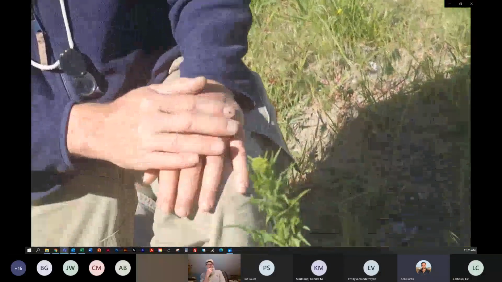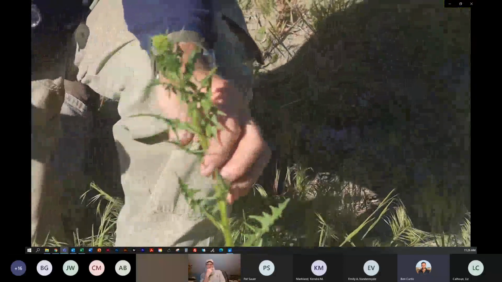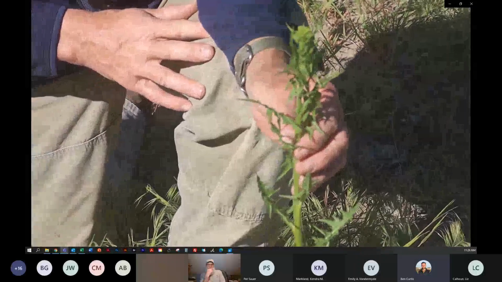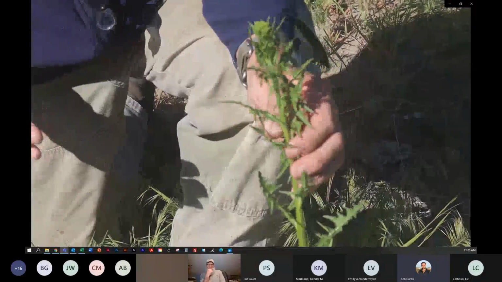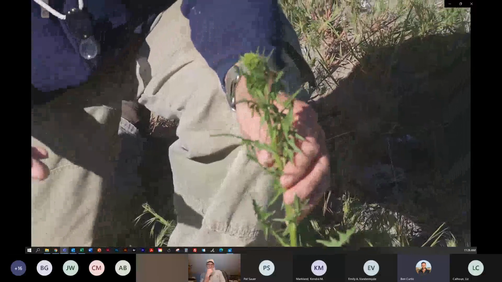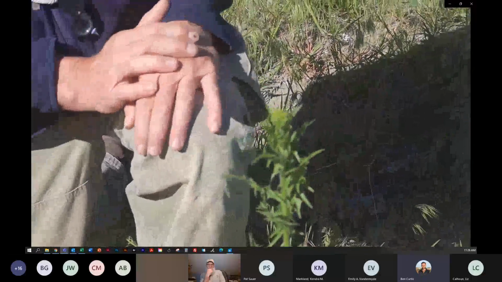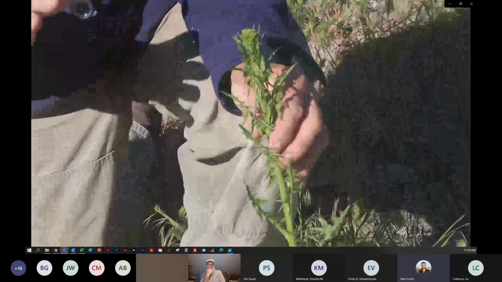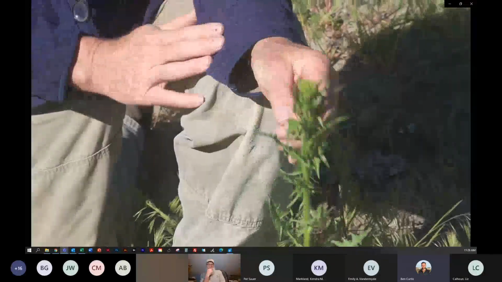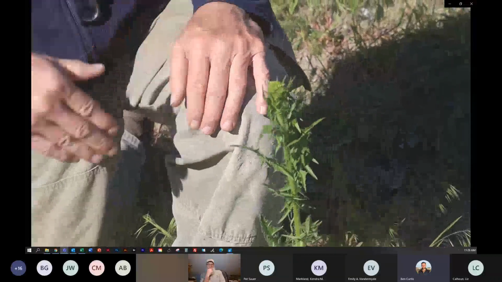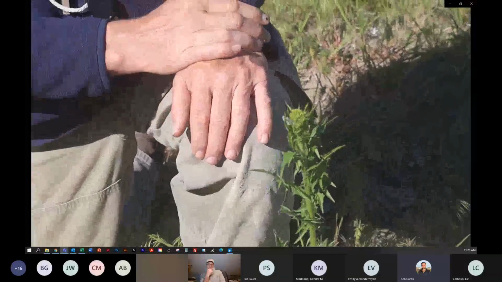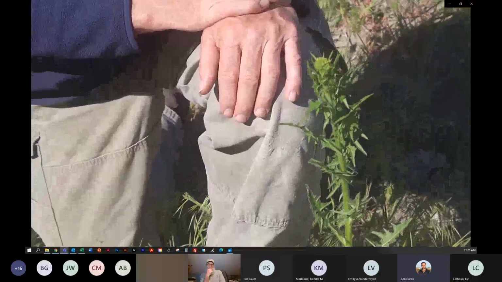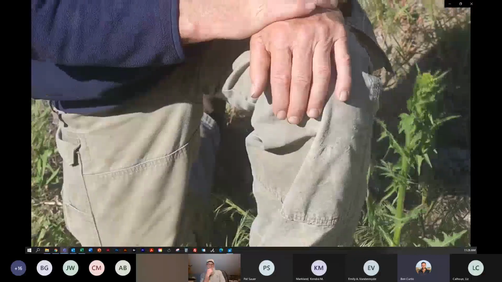So with many of the species that are annuals and biennials, and we'll talk more about this later, and maybe we can cover it more in the webinar, if you're dealing with something that's an annual or a biennial and you're worried about controlling it, a lot of what you really need to be thinking about is stopping the plant from producing seed, because it's that seed that's going to perpetuate that population. If you can limit or reduce that, then slowly the plant's going to fade away.